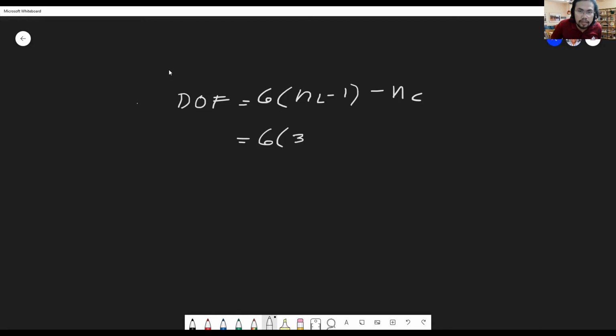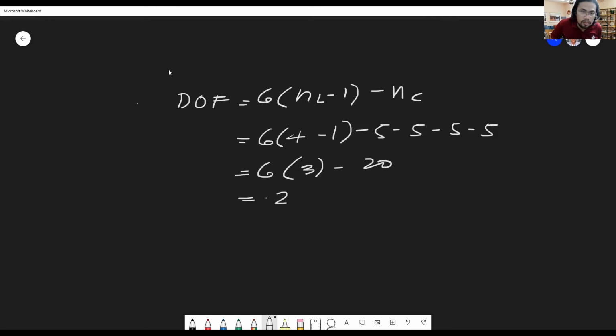If you have the 4 bar linkage, it's 4 links minus 1 times 6, minus the number of constraints: 5 minus 5 minus 5 minus 5. But that would result to minus 20. This is minus 2. Actually, it's because